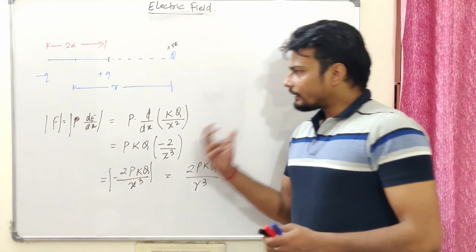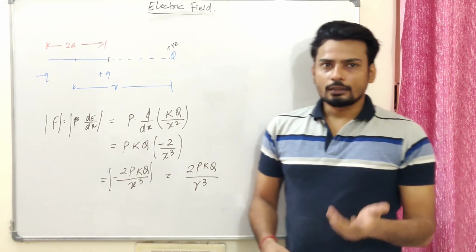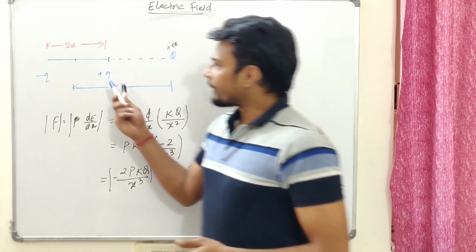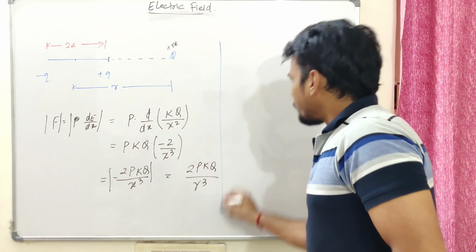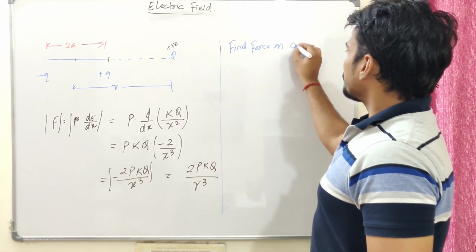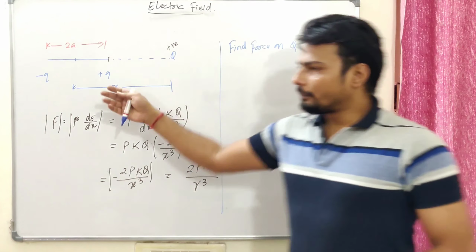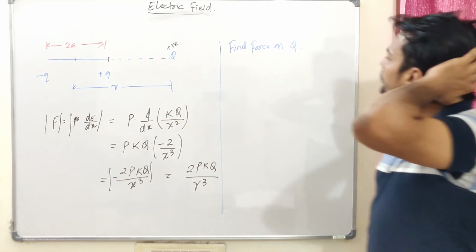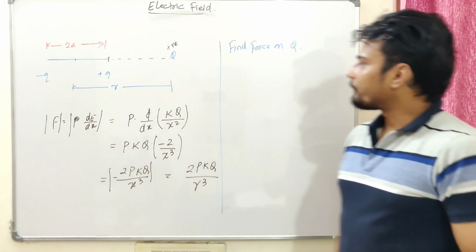Now let's see an alternative method of solving it. I'm sure you guys know that electrostatic force obeys Newton's third law, right? So whatever force this charge is going to experience, the same force will be experienced by this dipole. Let's find the force on charge q. That should be towards right, and the force on the dipole will be opposite, by Newton's third law, because electrostatic force is a conservative force and follows the third law, as we have seen in Coulomb's law in vector form.